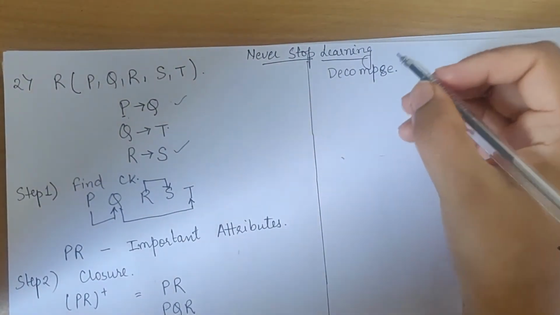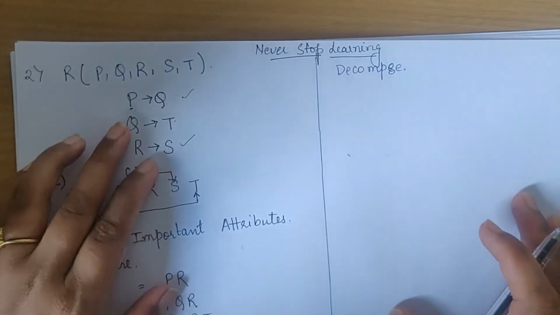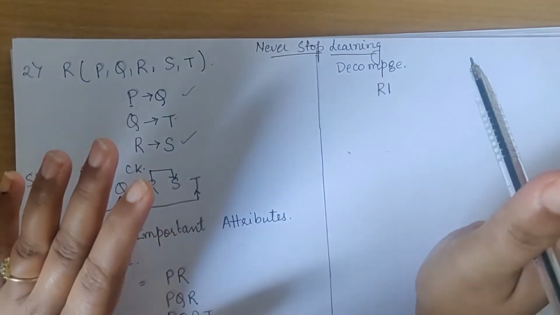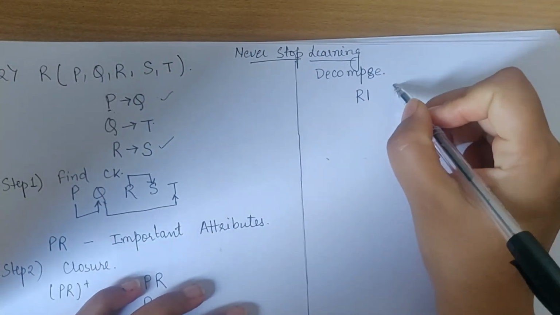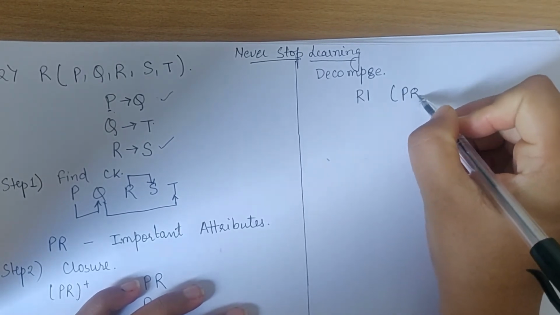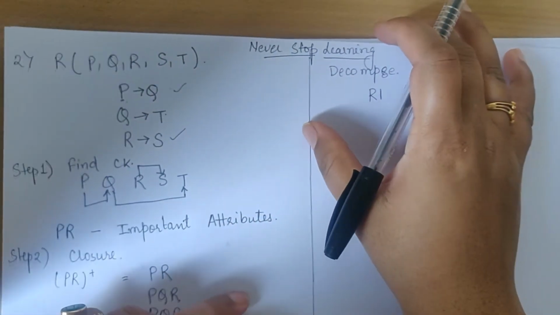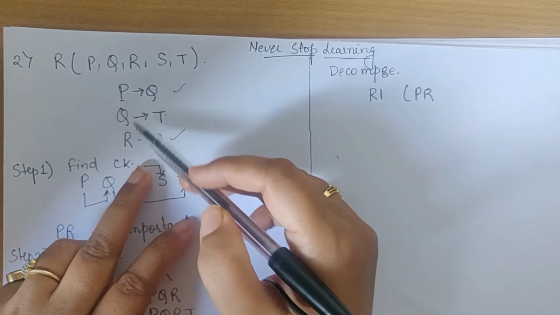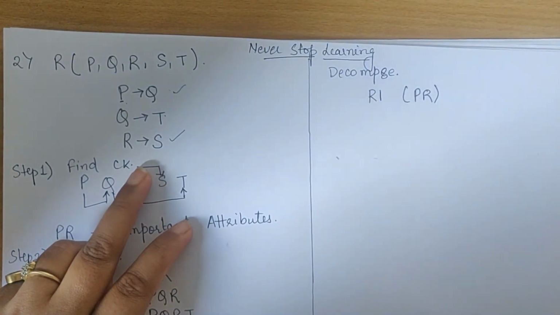Fine. So I'm writing here again, and we will check how to decompose a relation. Table number 1, R1, I will give only the candidate key. What is my candidate key? P and R. So in table number 1, I will accommodate the candidate key and any attribute which is fully functionally dependent on PR together. Is PR determining any element together? No. So no other element will come, only PR will come in my table number 1.